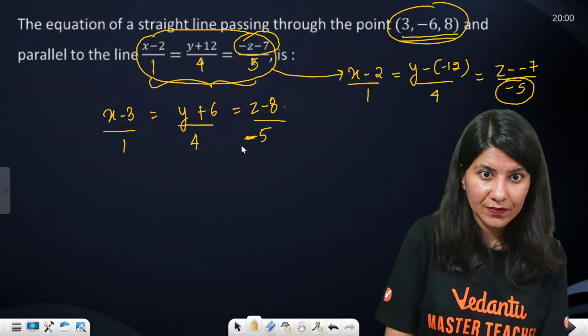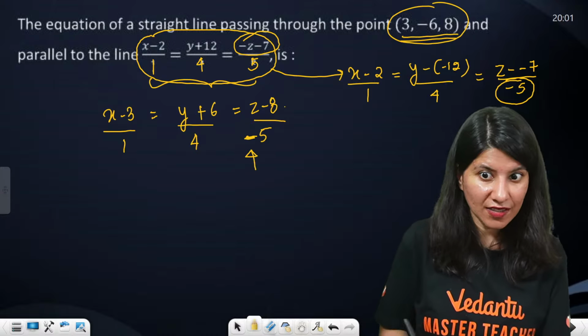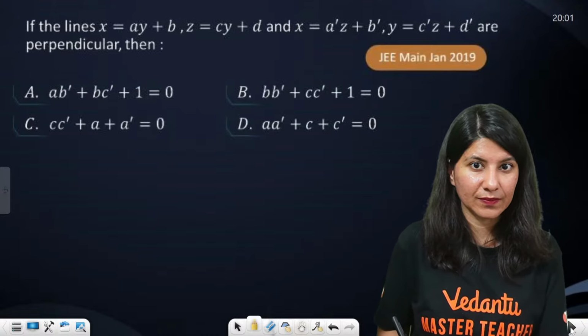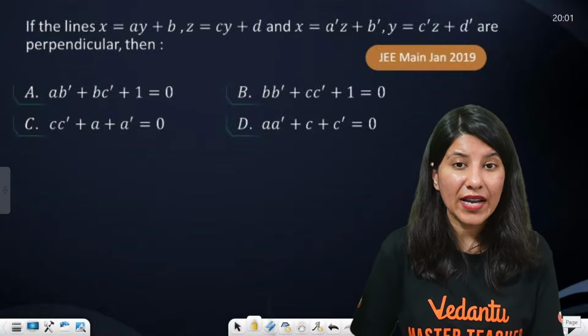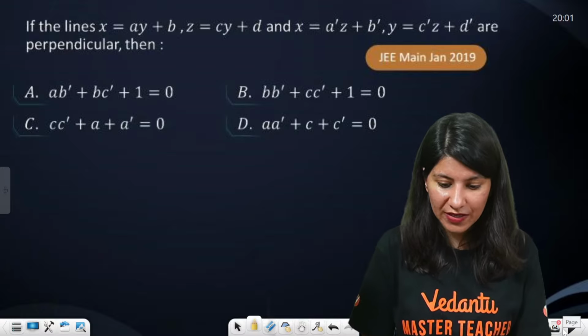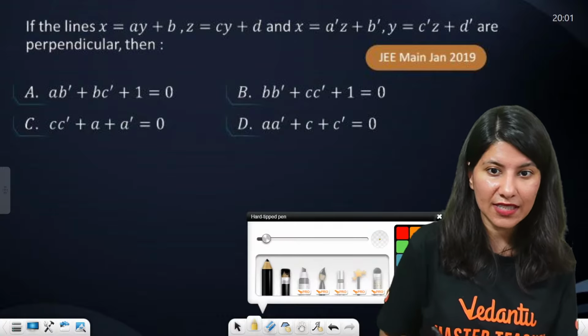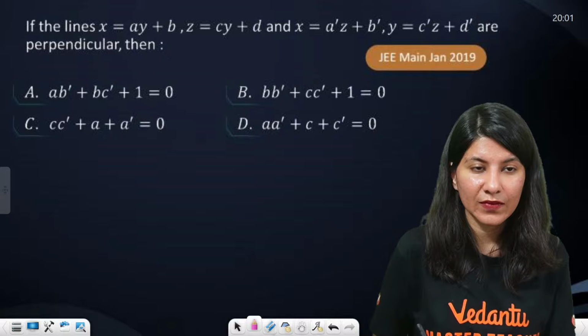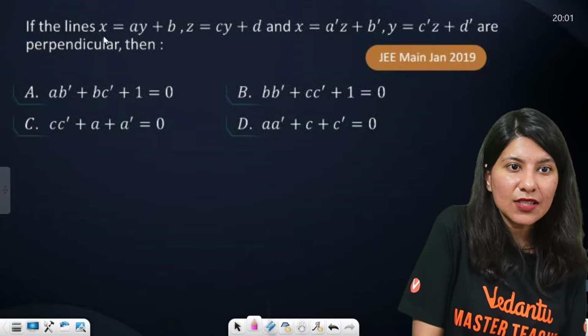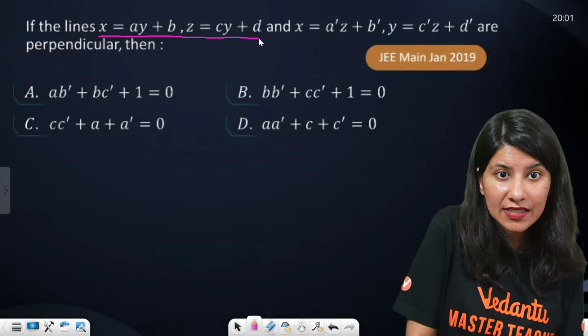Got it? Do not forget this minus sign. Okay. Now, one more question from your previous year question. Let's get ready. The question says the lines this and